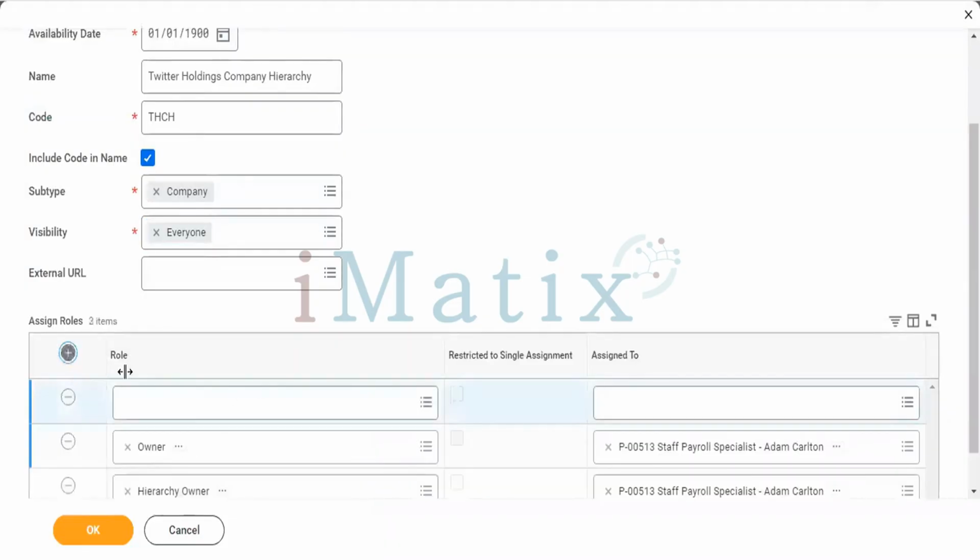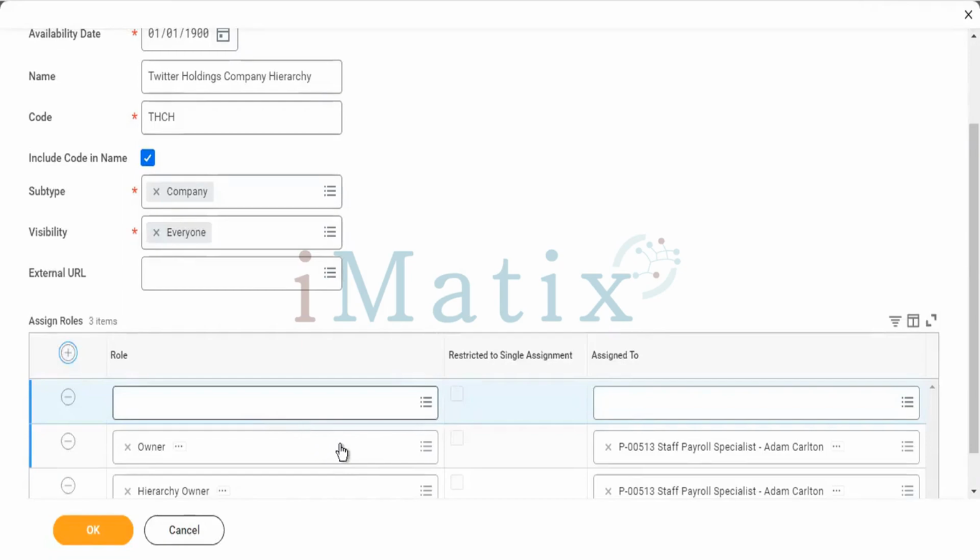Now we'll assign some roles here because we need these later on, and this is how the security works. The security works from top to bottom. Anything you assign at the top level will be inherited by the sub levels, or subordinates, or the sister forms also. This is the parent company hierarchy, and anything assigned to this company hierarchy